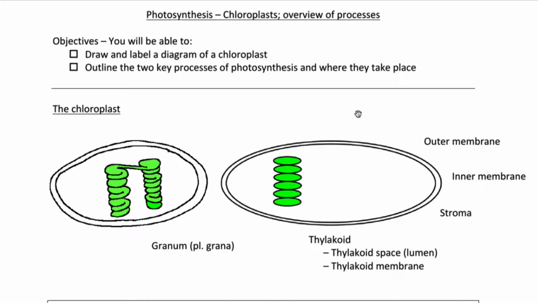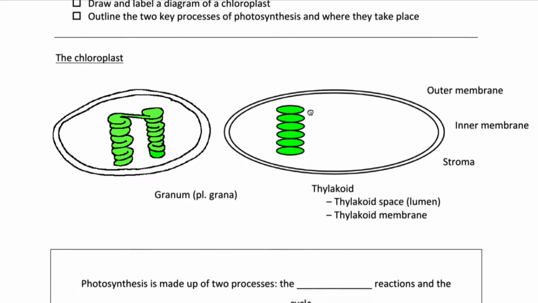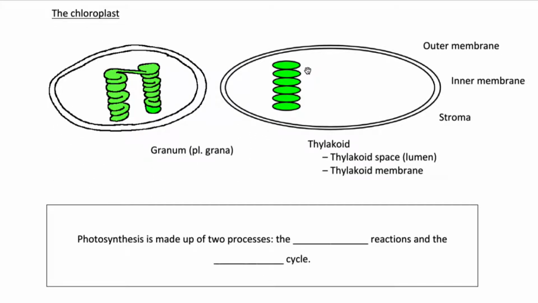In this lesson, we continue our look at photosynthesis by considering chloroplasts and giving an overview of the two key processes in photosynthesis. First, the chloroplast. Chloroplasts are subcellular organelles in plants and algae where photosynthesis takes place. And just like mitochondria, chloroplasts originated by an endosymbiotic process whereby a free-living prokaryote was engulfed by the ancestor of